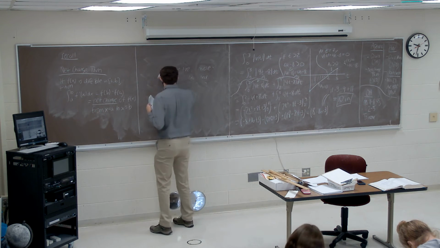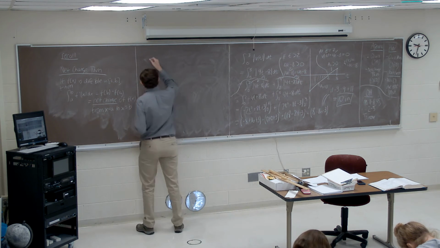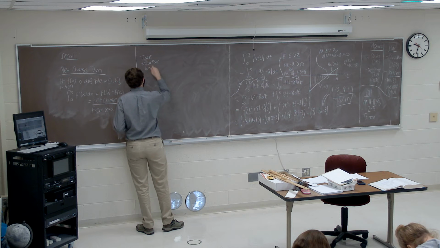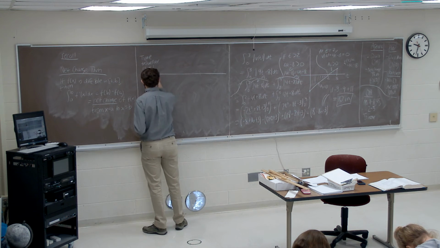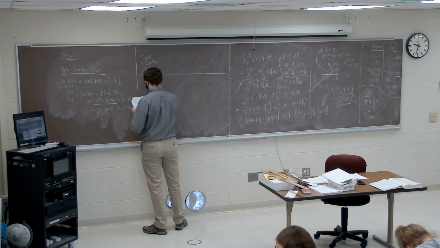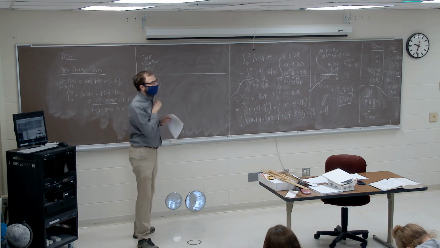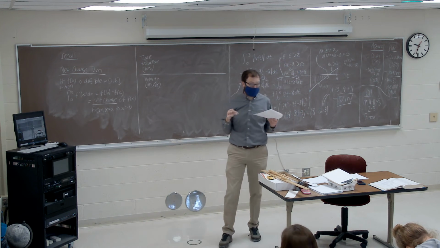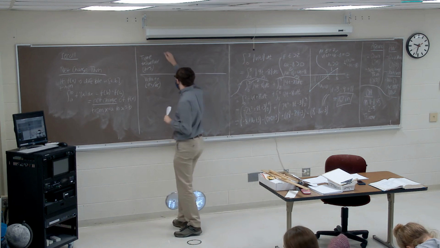So in this case, we know that we're in a car, we're traveling down the road, and we know at various points in time what our velocity is. This time we don't know how far we are from home, like we did back in standard 1, but we know what our velocity is going to be equal to.